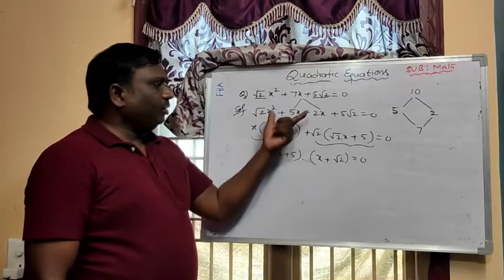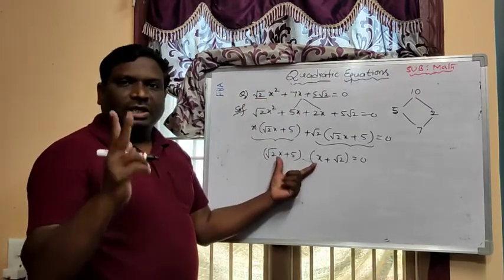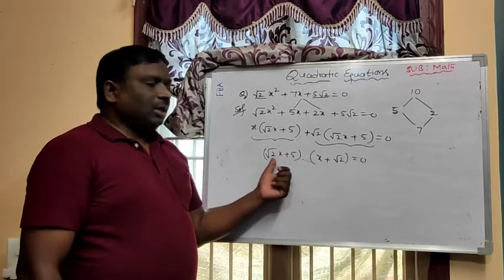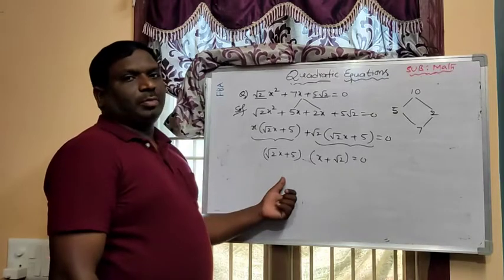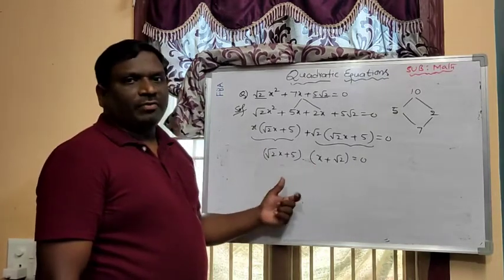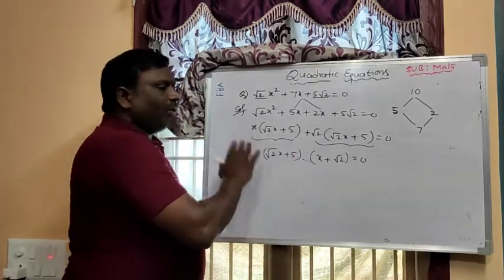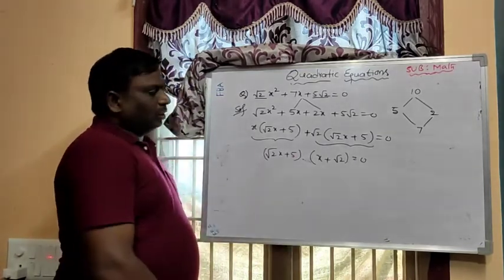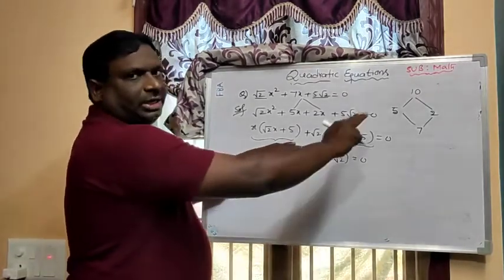So definitely when you do the factorization of a quadratic equation, you will get two linear factors. This is a linear expression, this is a linear expression. That means linear polynomial, linear polynomial. The product of two linear polynomials we will definitely get. When these two linear polynomials we have to make equal to 0, to find this value, we need to take this one to the other side.